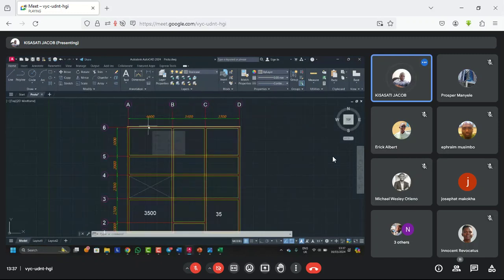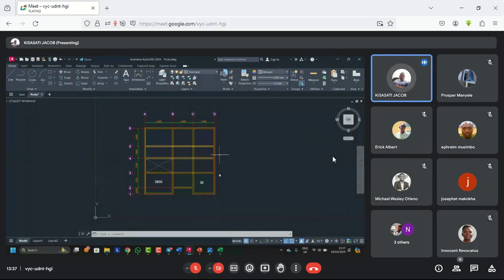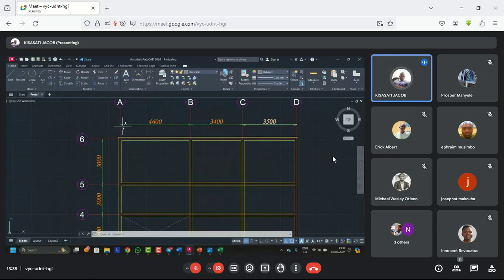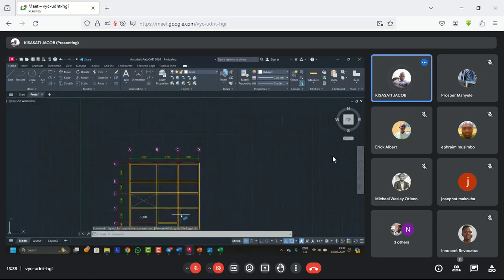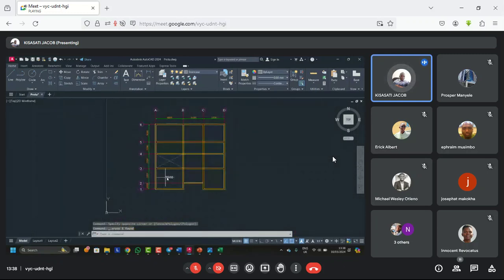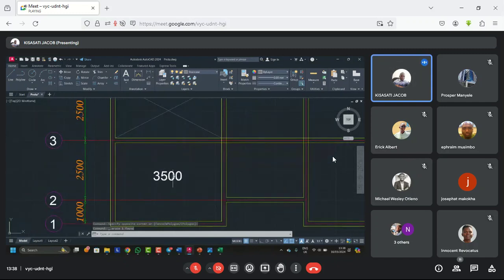Without even telling, you'll realize that, apart from looking at the shorter span, now we'll look at the longer span. So for this one, we will use this panel because this one is bigger than the 35. We'll also delete this one. So at the end of the day, the span is 3500. So this span will have to go